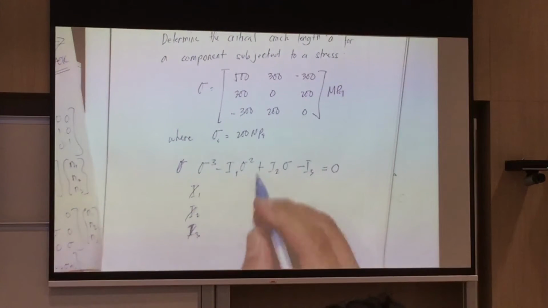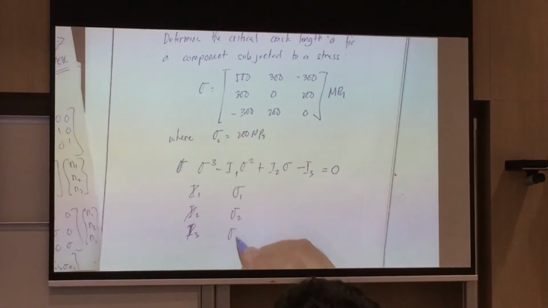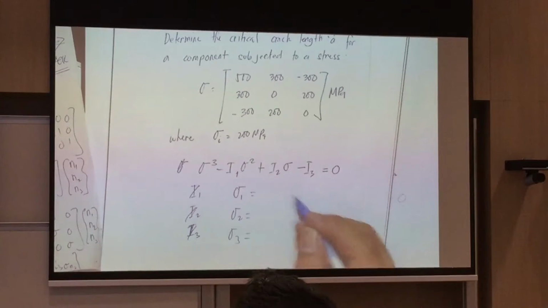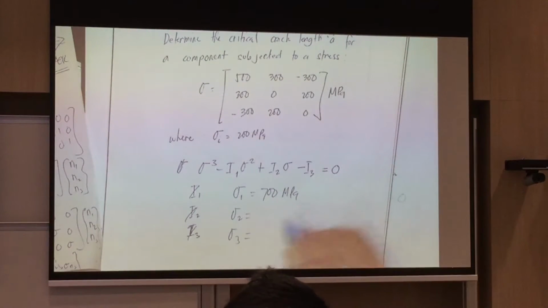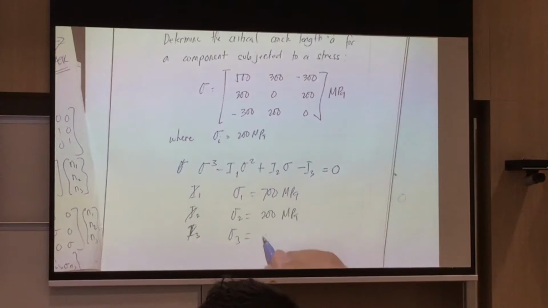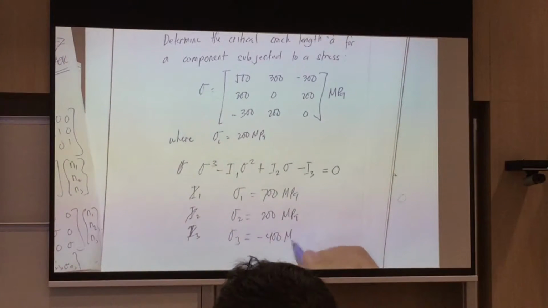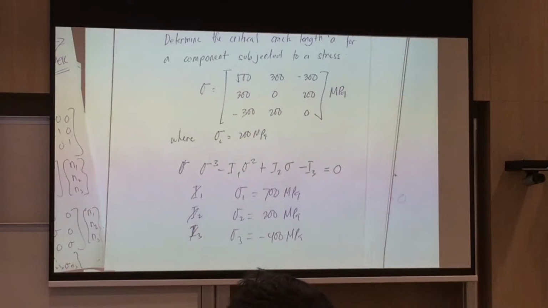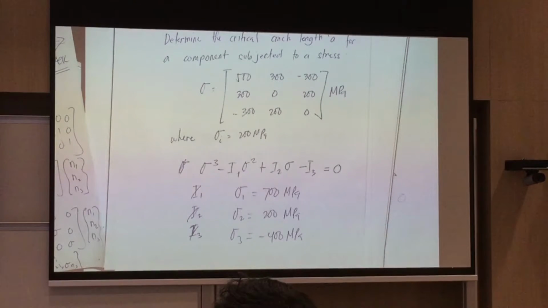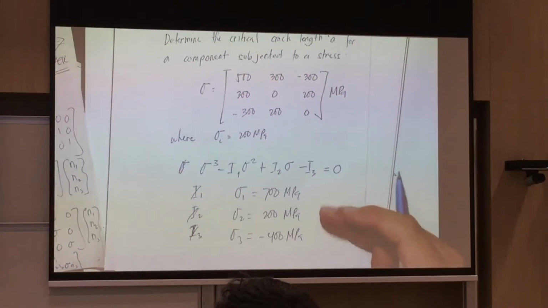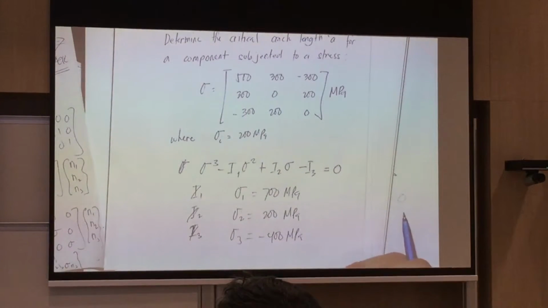Let me remove that. And you have sigma 1, sigma 2, and sigma 3. This will be 700 megapascal. This will be 200 megapascal. And then we have negative 400 megapascal. Now again, I'm just using the results from your lecture notes. So feel free to calculate, and you can check whether the numbers here are correct or not. Yes? So after solving for sigma 1, sigma 2, and sigma 3, the question asks for